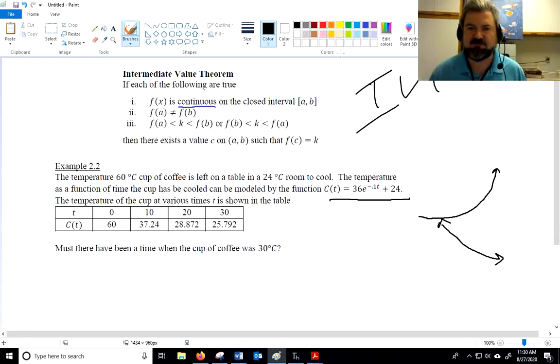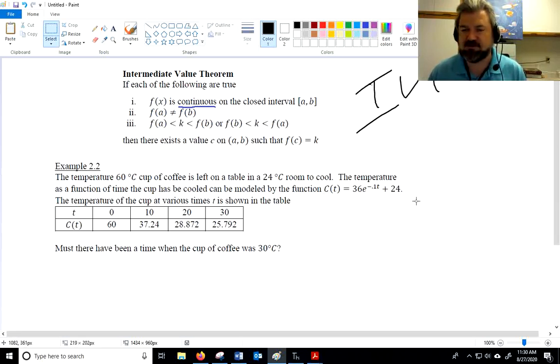So when you check those conventional bad guys that ruin your domain, dividing by 0, square rooting a negative, or logarithms of 0, those are all things that can cause you to have discontinuities. Once you've checked all those, then we can go ahead and assume that it's continuous, okay? So we're going to say those words: C is continuous,